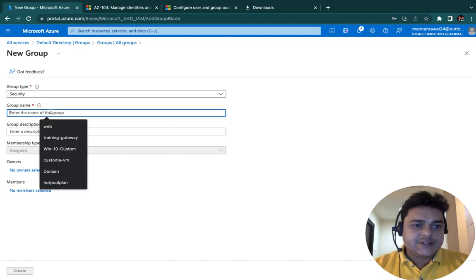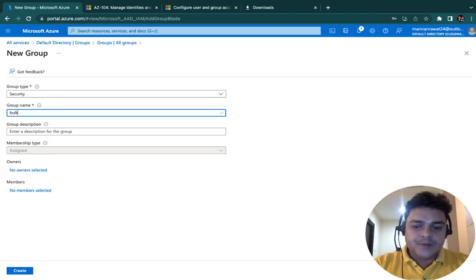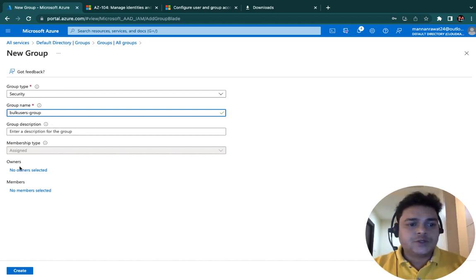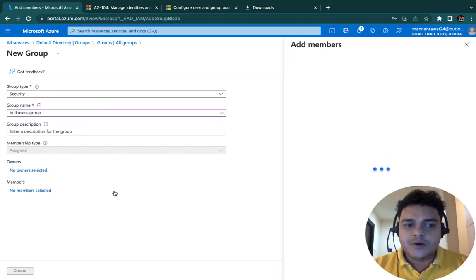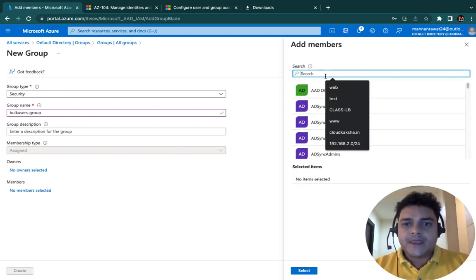select security, display name. So the display name is bulk users group, right? This is our group name. We have two different options. One is owner and another is member. So owner means the user that you want to make an owner of this particular group, meaning the user is able to manage all the services of this group. So I don't want to make any user an owner. Just need to click number of members and